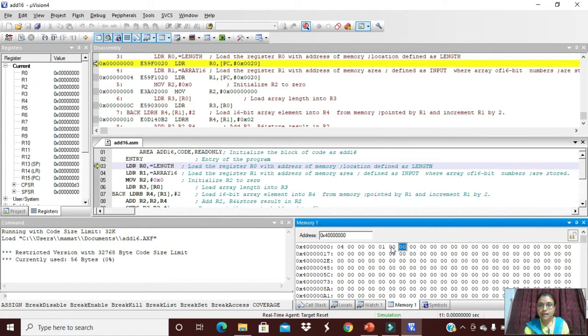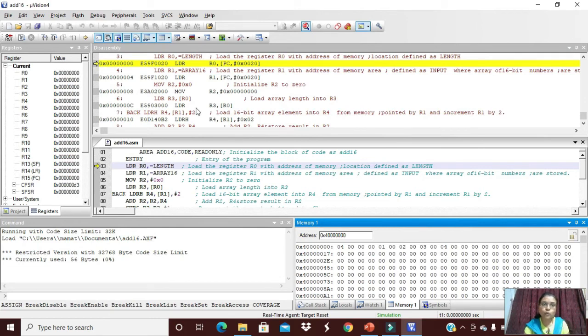Next, as I'll write here, because it is only 16-bit, I'll leave the 2 memory locations and write next, that is 2, next 3, next 4. See here, I have given 4 values, where the length of the array is 4. I have given values 1, 2, 3, 4, right? So now we will see how it will run.